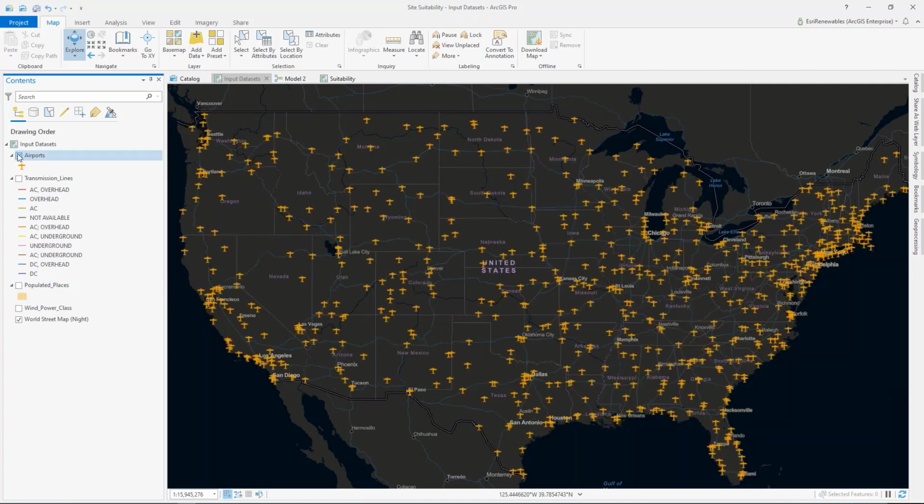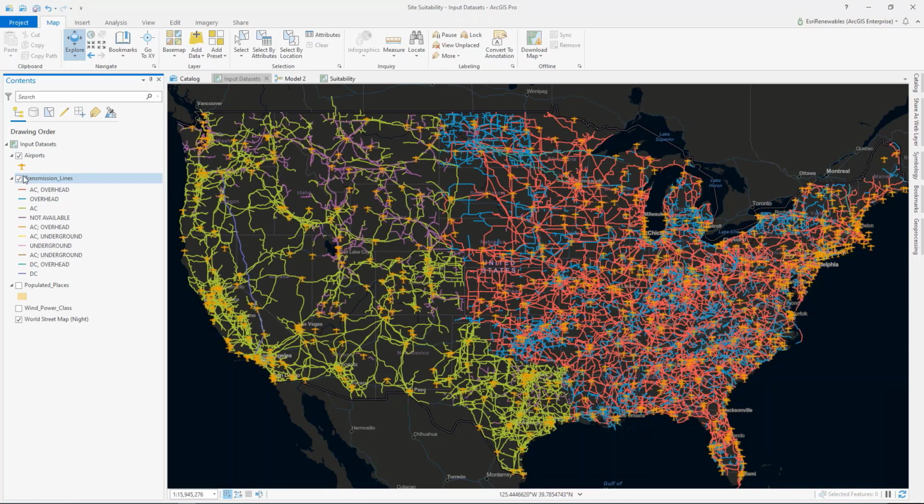And lastly, the location of airports also plays a critical role. In this case, wind turbines are very tall structures, and we need to really understand where we can and can't place them due to FAA regulations and other strict guidelines that we must adhere to. So I recognize this is only a brief and really condensed data set of all possible variables we might want